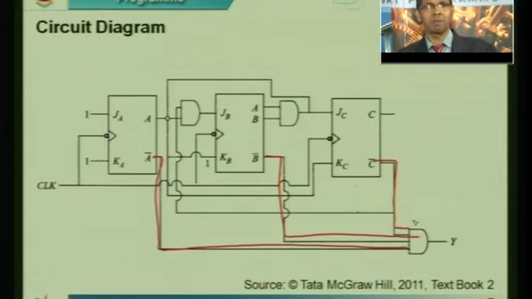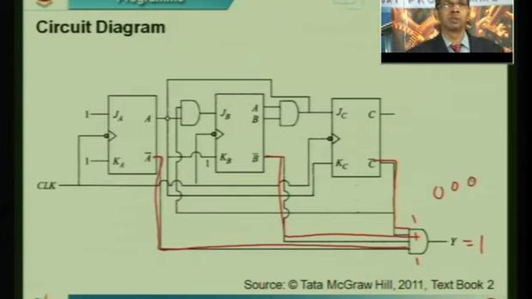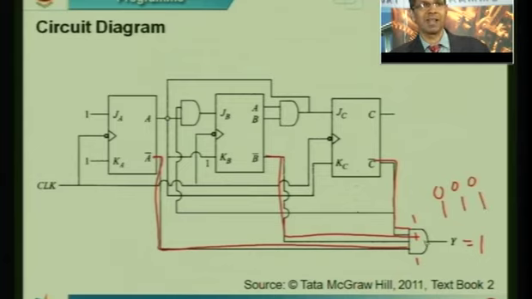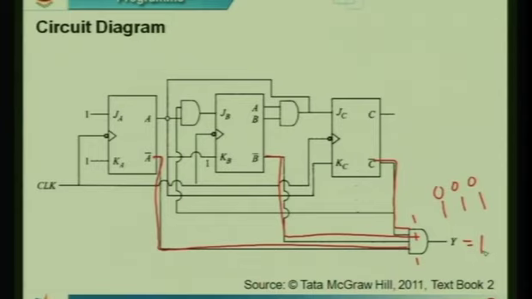So when all of them are 0, all the complement outputs would be 1, 1 and 1. So Y will be 1 only when your flip-flop outputs are 0, 0, 0. Why? Because in this case the complement outputs were 1, 1, 1. So if I choose an AND gate here with the complement outputs as the inputs, then I'll get Y equal to 1 whenever the flip-flop overflows. So this completes the entire synthesis.